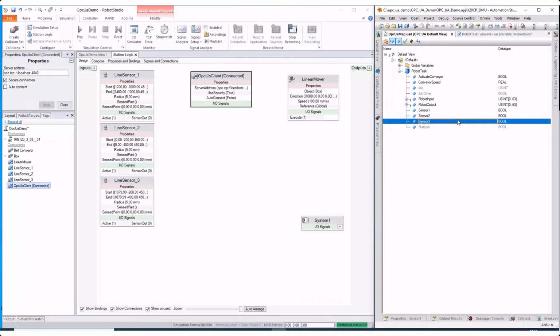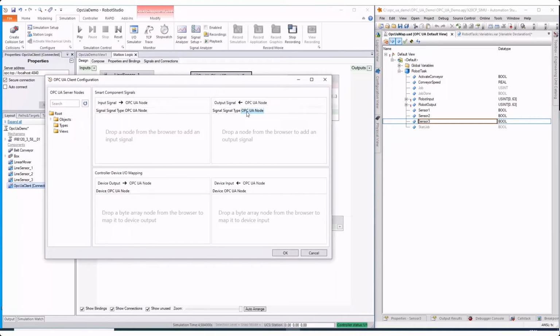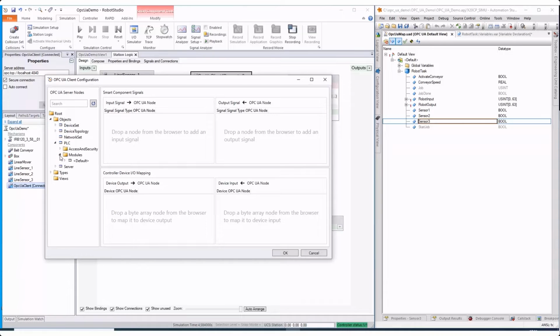Now, let's create signals on the OPC UA Client Smart Component that will be synchronized with the variables in Automation Studio. First, open the configuration window by selecting Configure from the context menu. Use the OPC UA node browser to find the nodes corresponding to the conveyor and sensor variables.